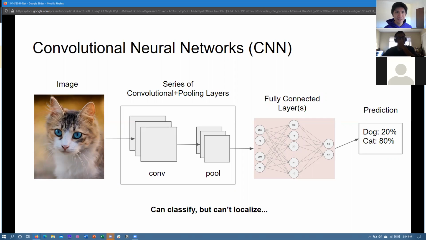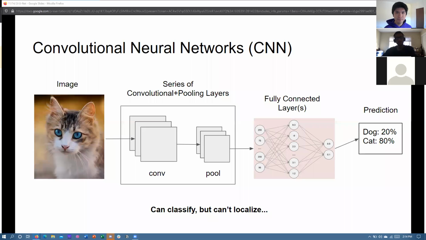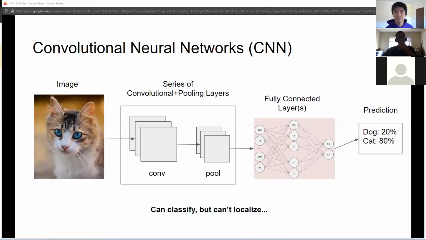I guess, for an overall summary of convolutional neural nets, the way to think about them is you go image in and then out you get a distribution, which is essentially a prediction of what the image likely is. This is for image classification. Without going into too many details about the convolutional and pooling layers, just focusing on the inputs and outputs, with convolutional nets, we go input image and then output distribution. And like Jason was mentioning earlier, one of the drawbacks of this approach is that it can classify, so it can tell you what's in the image, but it can't tell you where.